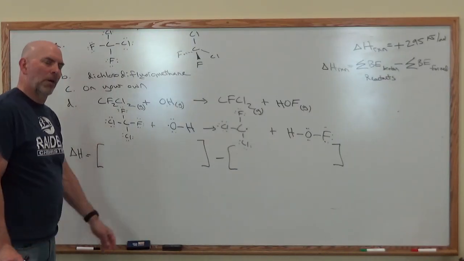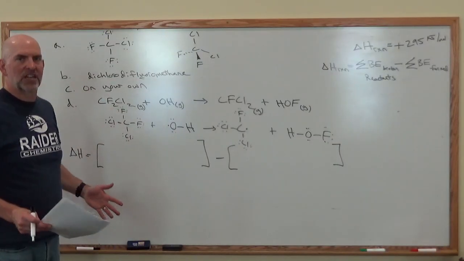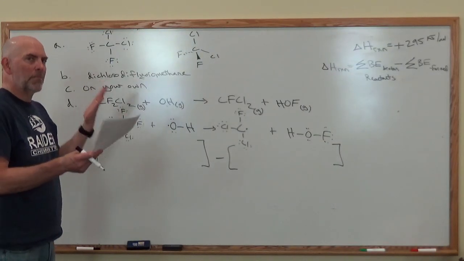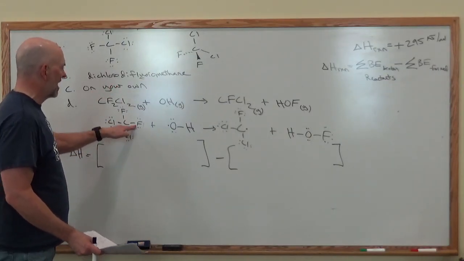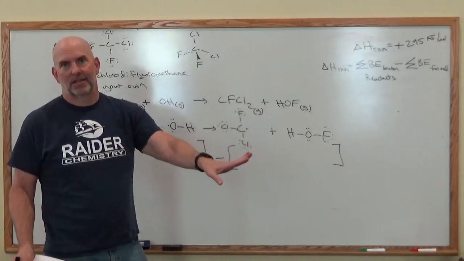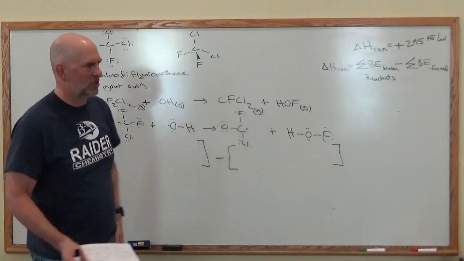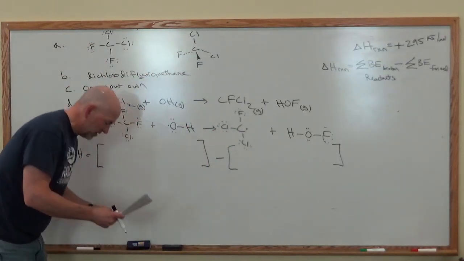We're breaking one bond and forming another bond. We're not breaking everything apart, but I'm going to show it that way. But then the math is going to be greatly simplified by the fact that we're breaking that bond and we're making that bond. That's it. Not all chemical reactions are that simple, but if you want to do this the full way,